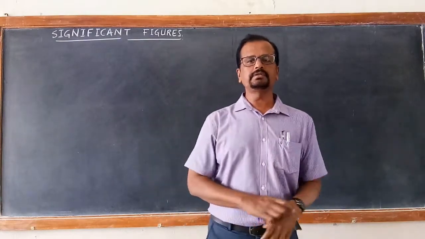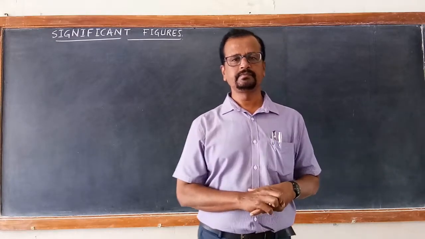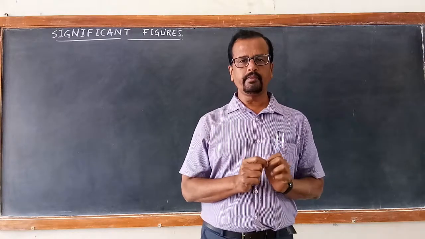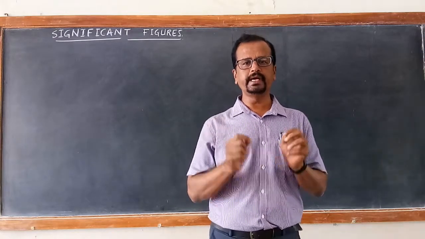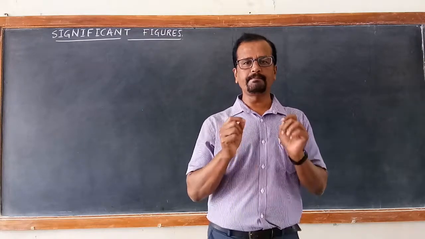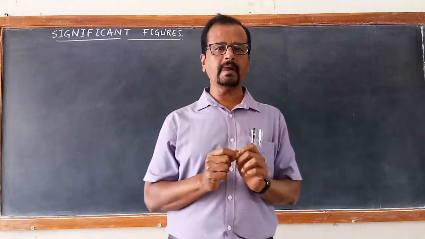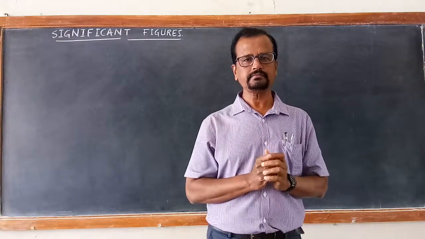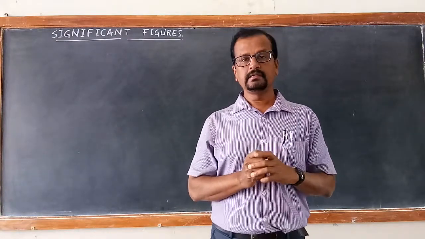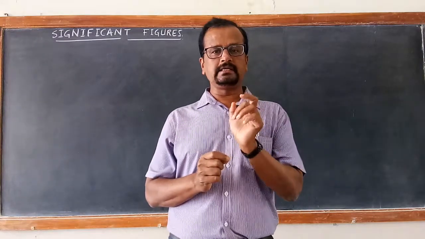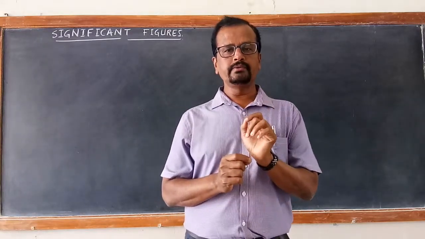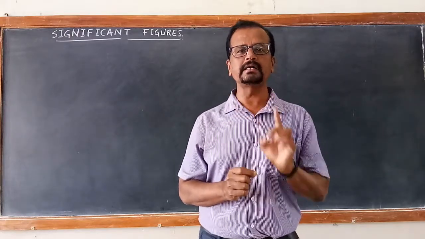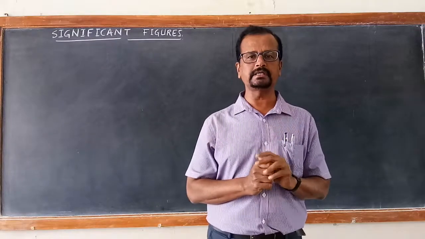Today we shall learn about significant figures. Every measured value will have a certain error. Whenever we do an experiment, we get results. The report of the result will have a certain number with a decimal point and a unit. In this case, every reported measured value will have certain reliable numbers and an uncertain digit. Reliable numbers and an uncertain digit.